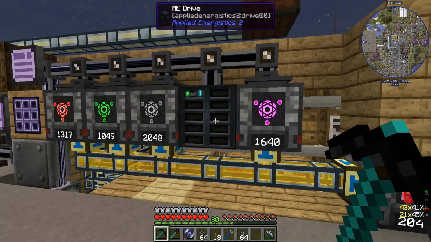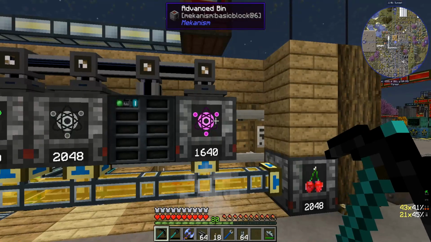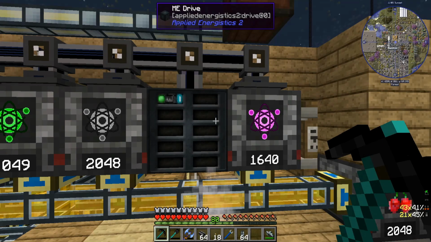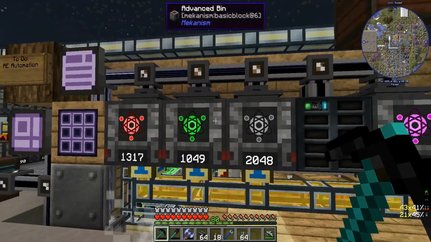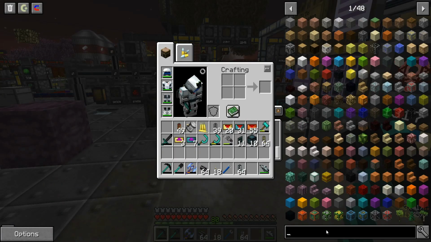I have an ME drive. So in the last episode, I worked on creating an ME drive because we had the storage issues. And you'll notice that some of the advanced bins are starting to disappear. So blue's gone. Yellow's gone. I'm starting to ramp down this science production. So once we've unlocked everything,